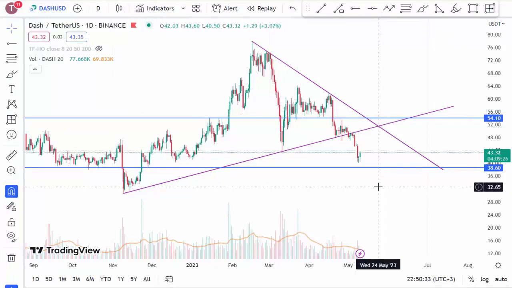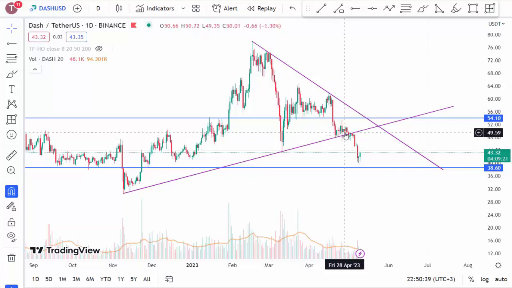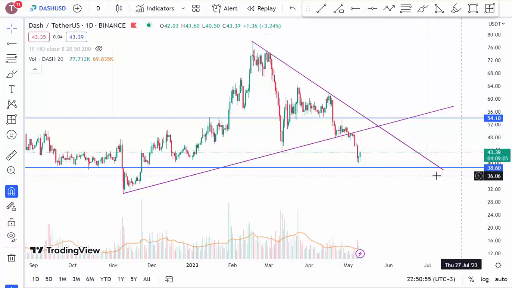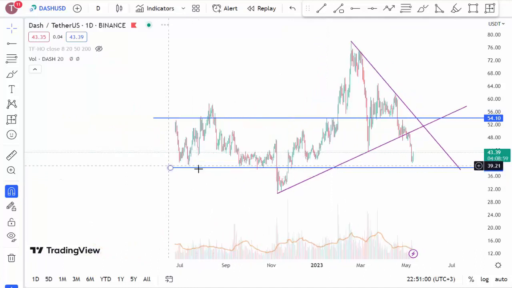Today, we will be conducting a technical analysis of Dash Coin. If we examine the chart, we can see that the price movements have been moving within a triangle, and it has broken downwards from the triangle and made high volume drops in the past 2 days. However, we can say that there has been a significant increase in volume in this region and in the past 2 days. If we look at our support levels, we have a support level of 38.60, which has received good